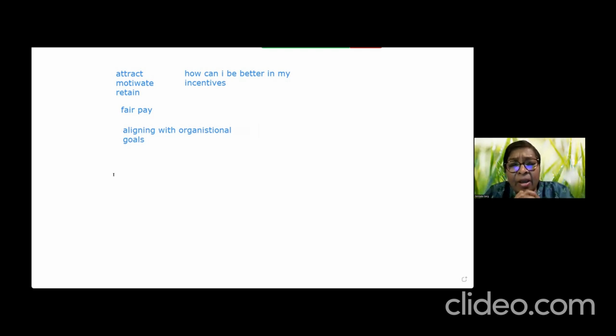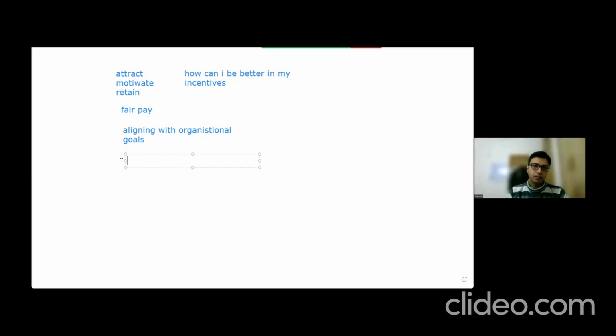So would you say the compensation I designed maybe two decades ago or a decade ago for the organization should continue the same, should it be dynamic or should it be static? It should be dynamic, is what I feel. Yes, the organization has to stay dynamic. So somebody is saying it should be dynamic.